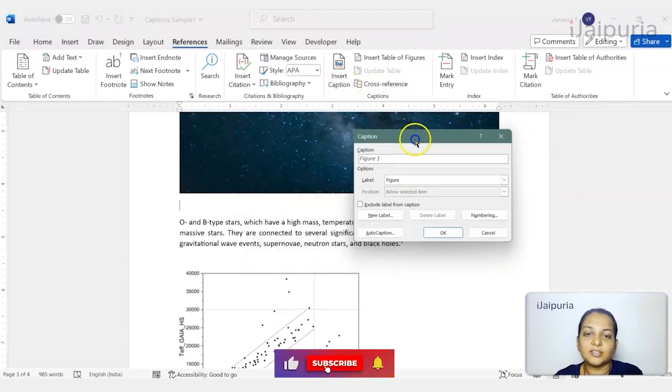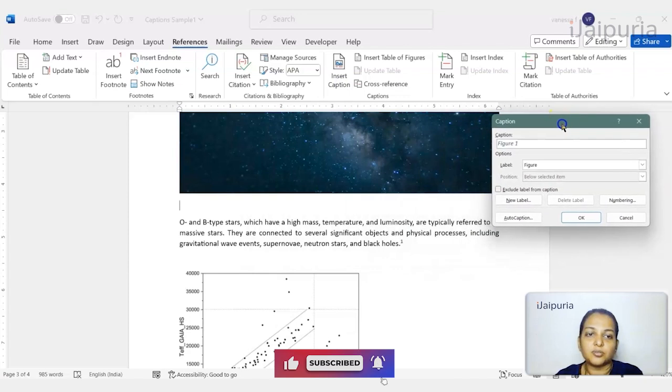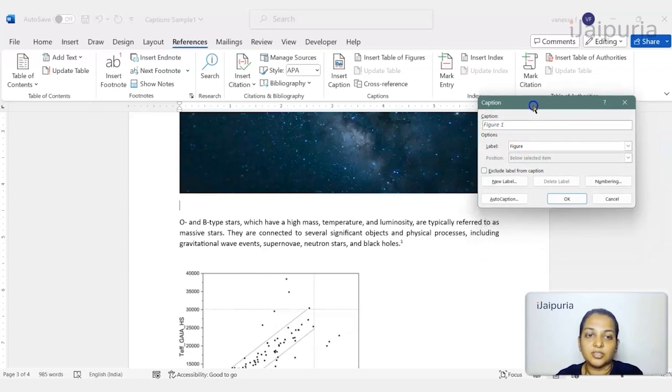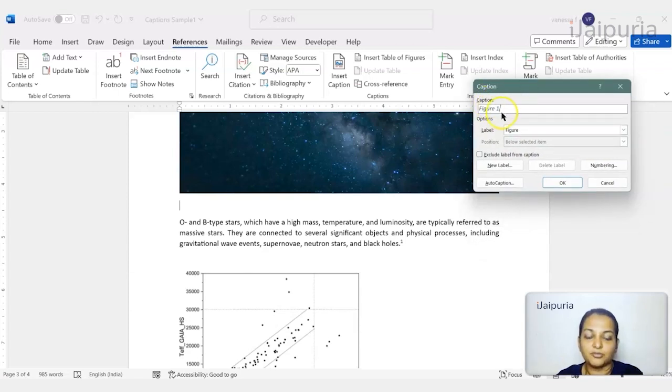Once I have this, I will just push it over here so that you can see how it appears. So here, it says caption figure 1. Now in place of the figure, I have this as an image. So I can just drop down this label, and from here it says equation, figure or table. If I'm not getting any option for label, then I think figure is more than enough for me. If not, then I can basically click on this new label and try to add it.